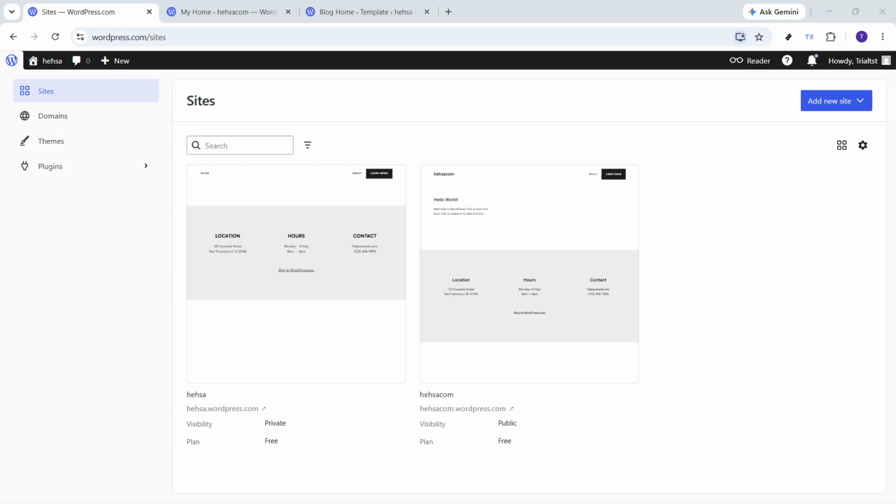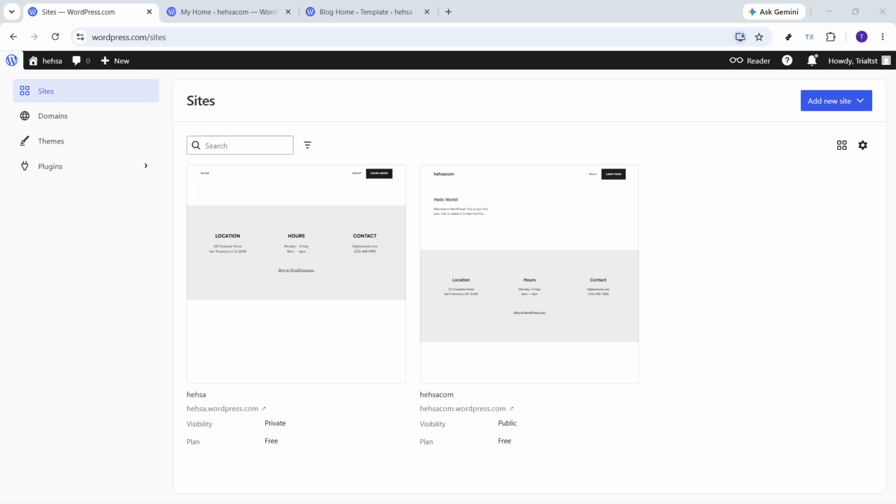In today's video, I'm starting to teach you how to delete a WordPress site. If you no longer need a website on WordPress.com, the platform makes it fairly simple to remove it, but it's important to go carefully because deleting a site is a serious action. Before you proceed, make sure you're selecting the correct site, especially if you manage more than one. This process is done from your WordPress.com dashboard, and once you're in the right place, the option is easy to